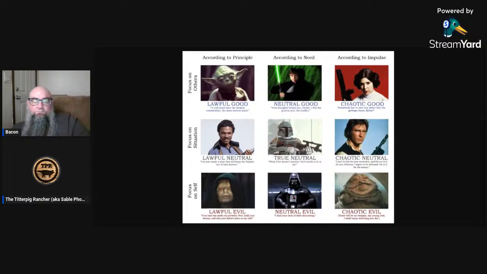However, you could also view it as the top of the chart is an expansionist viewpoint, or a broad-minded viewpoint, a viewpoint that takes in multiple perspectives, and the bottom of the chart is a singularity, whatever you want to call it. It is focused inward and only upon the self.